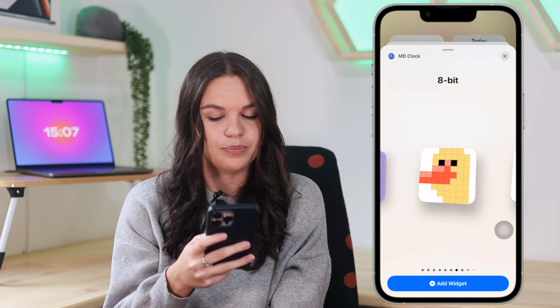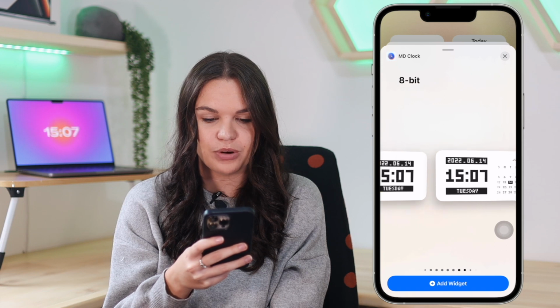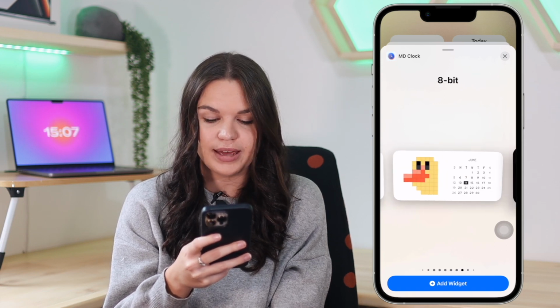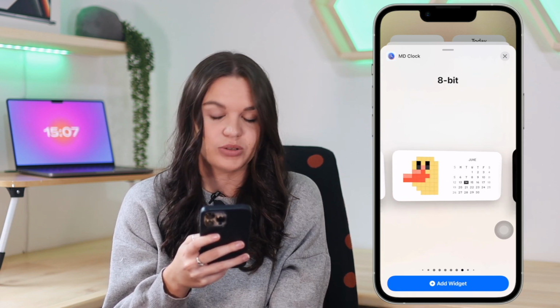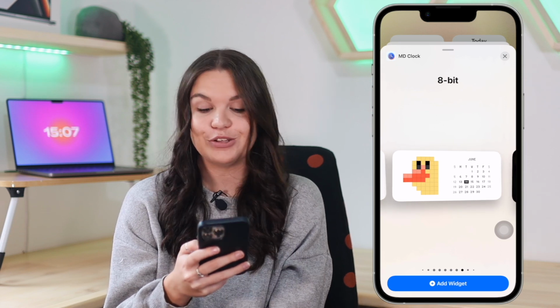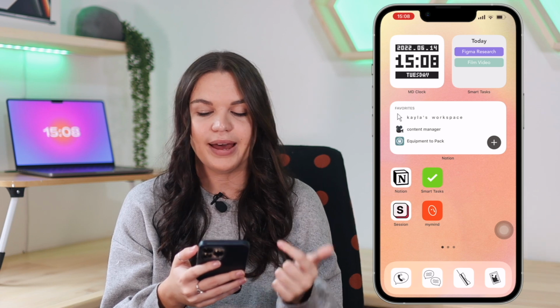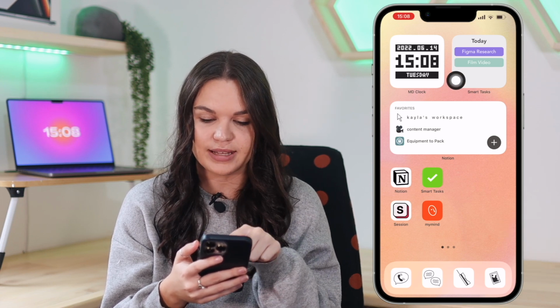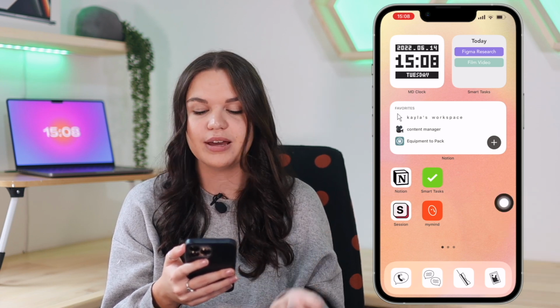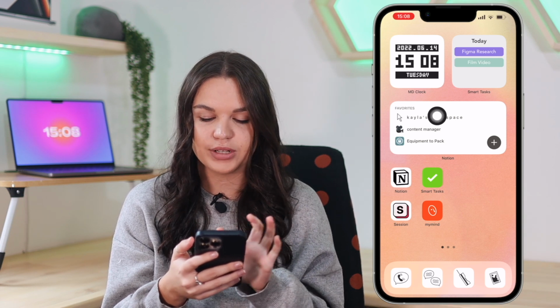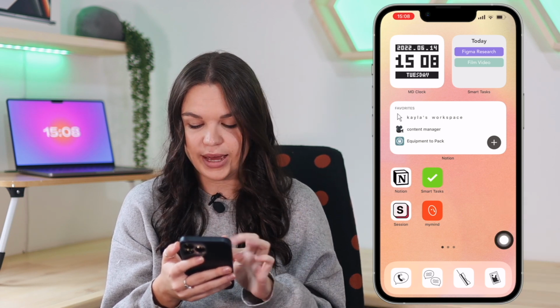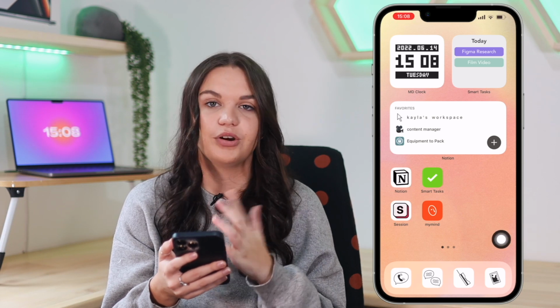But this one, the 8-bit graphics that you have, is probably my favorite. So as you can see, they have these animated 8-bit clocks or calendars that you can just add to your home screen. But yeah, for my productivity focus, I just have the 8-bit clock here. I have again the Smart Tasks widget here, which has a to-do list. Then we also again have a Notion widget here,